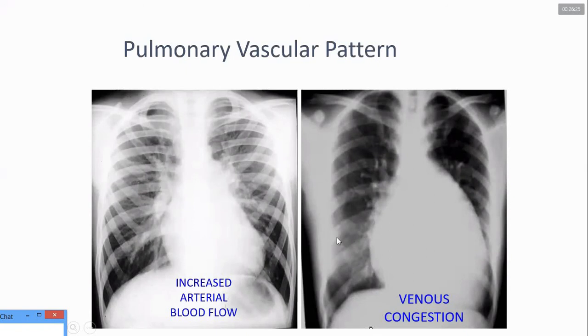There is venous congestion. In venous congestion, we can see interlobular septal thickening, while in pulmonary artery hypertension, the descending pulmonary artery is larger in diameter, more than 17 millimeters. But this is not a clear-cut differentiation between venous congestion and arterial flow. However, in venous congestion, there is an increase in septal thickening. We will also discuss later the Kerley lines associated with venous congestion.